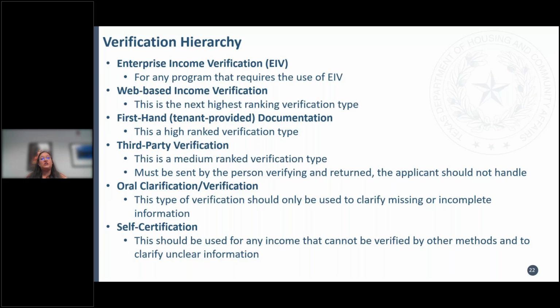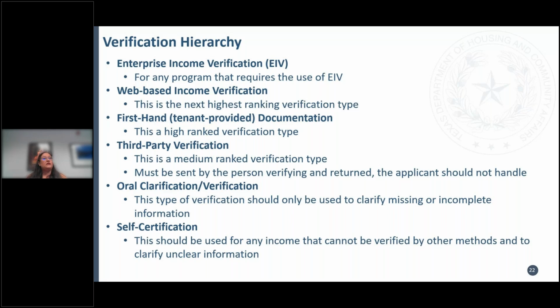That should not be a standalone form. So you should not say, oh, the employer doesn't have a fax machine, we had to do this over the phone. You should get pay stubs in that case, or take the verification to the employer if that's an option, or mail it to the employer. I can't think of an instance where somebody doesn't have a way to receive or send mail, but that would be an instance where you'd want to do that.